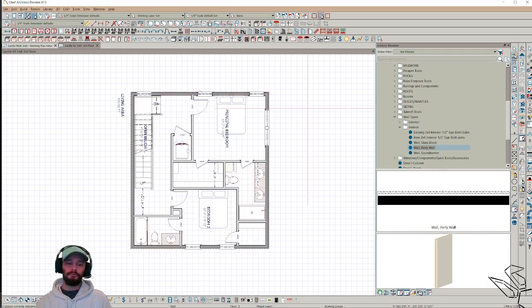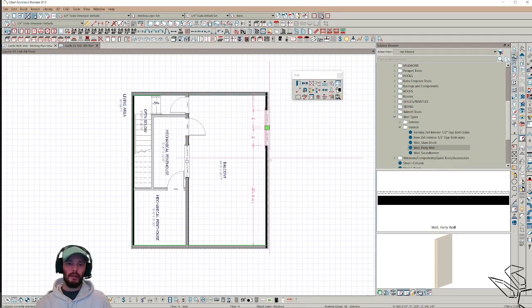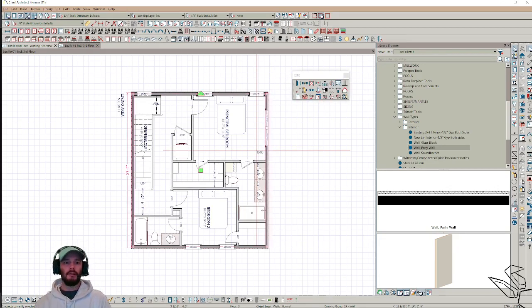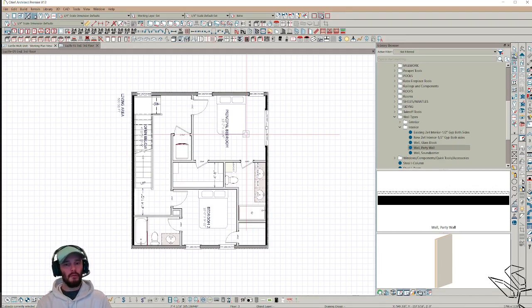Here's the method. I'm going to use my window tool, WTW, and then I'm going to shift select my windows here. I'm going to copy these. I'm going to go up a floor. I'm going to Control V to paste, hold in place. Now I'm going to copy my wall, copy down a floor, paste, hold in place. And I need to go back up a floor, WTW, shift select, delete. Now you can see it's kind of convoluted, but I know my tools well enough to do it really, really